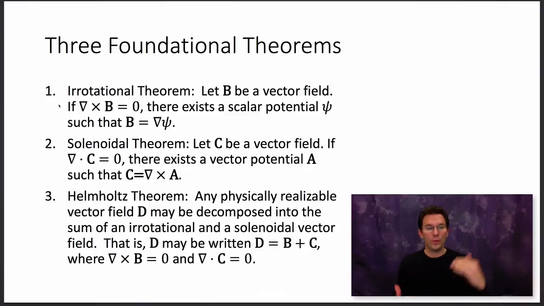Putting those two theorems together, the irrotational theorem and the solenoidal theorem, we have what's called the Helmholtz theorem, which says that any physically realizable vector field D may be decomposed into the sum of an irrotational and a solenoidal vector field. That is, D may be written as B plus C, where the curl of B is 0 and the divergence of C is equal to 0. Okay. So again, we're going to use these three theorems to write fields in advantageous ways for us throughout the course